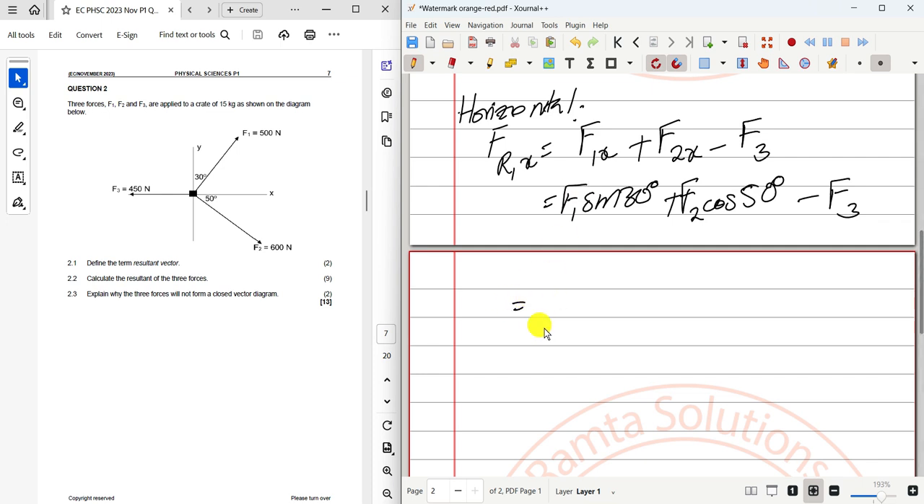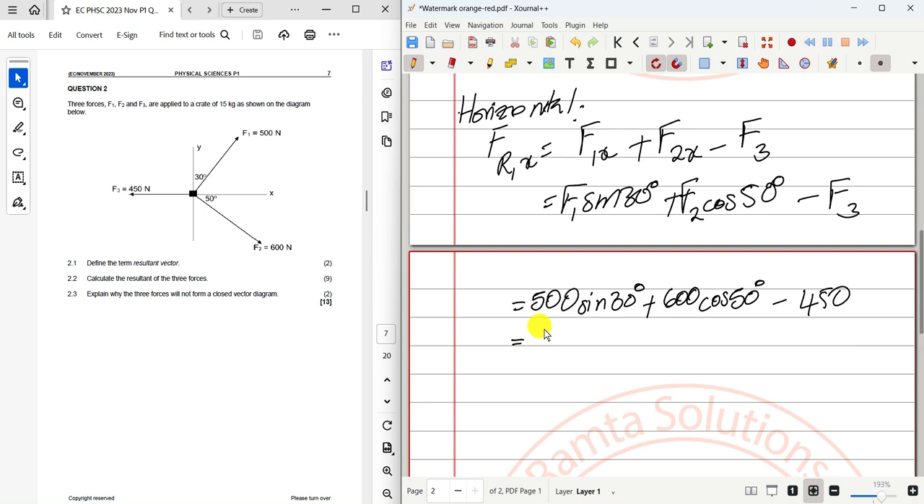Now let's remind ourselves, F1 was 500. It's 500 sine 30. And then F2 is 600 sine, not sine, but cosine, cos 50 degrees. F3 is 450, so minus 450. Now, this becomes 500 sine 30 plus 600 cos 50 minus 450. And this is